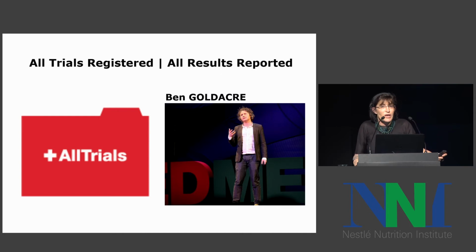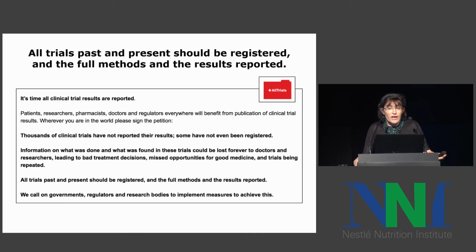Another initiative that you may be aware of is AllTrials, and this is the person behind it. All trials registered, all results reported. It's really extremely important that all trials, past and present, should be registered, and the full methods and the results reported. They are now making an effort that the results of the study should be publicly available within 1 year after the completion of the study. I think it's an extremely important initiative, first of all, that we are aware of the studies because they are registered, and then that as soon as possible the results of the studies become